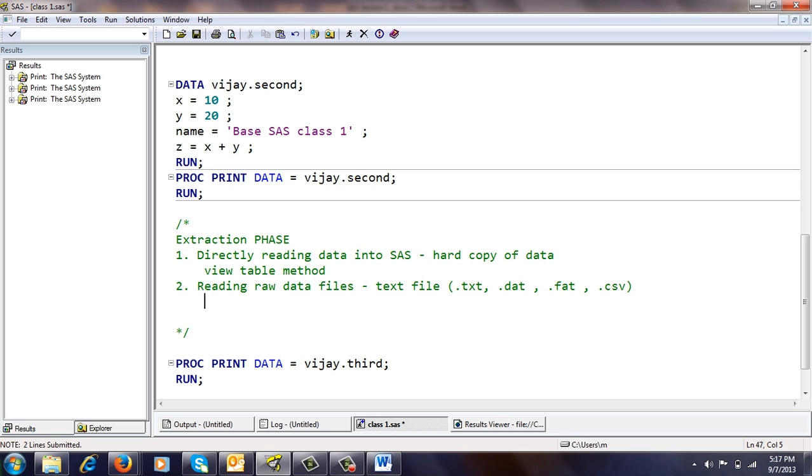Under this we have two statements that we have to write here for raw data files. The first one is your infile statement, second is your input statement.